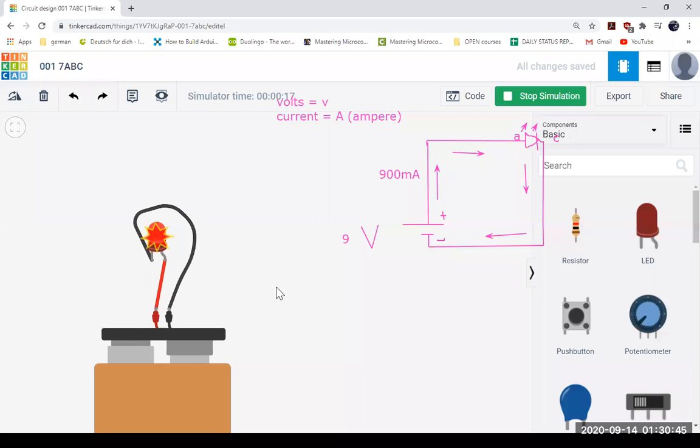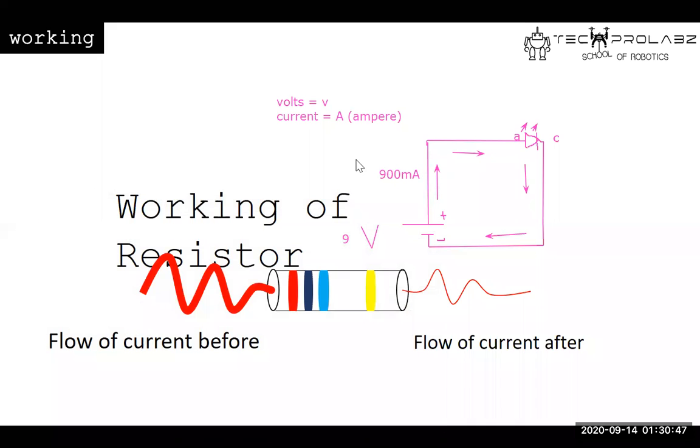So see, a resistor is an electronic component which reduces the flow of current, or you can say it obstructs the flow of current. Just like when you are driving a car and on the road you get a bump, right? What happens?